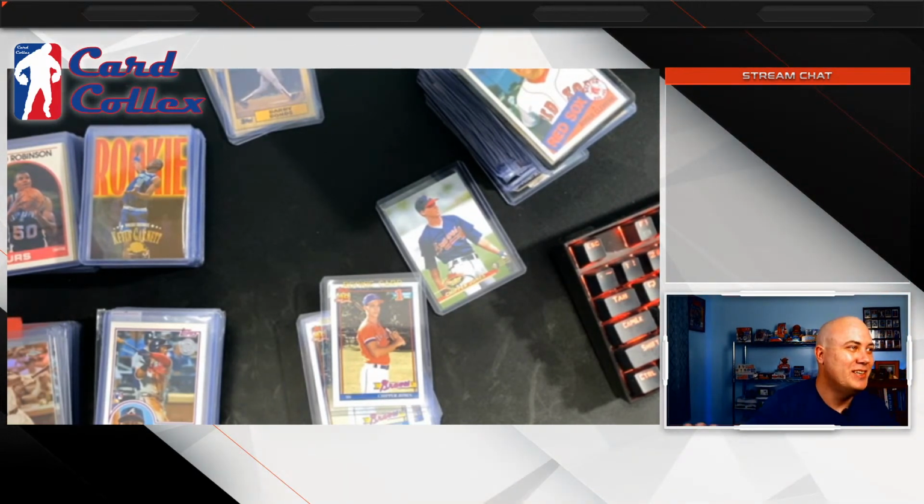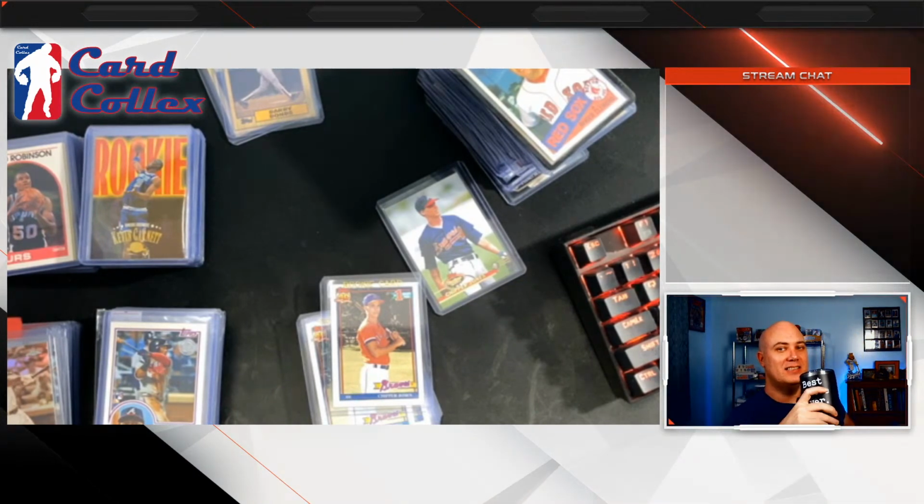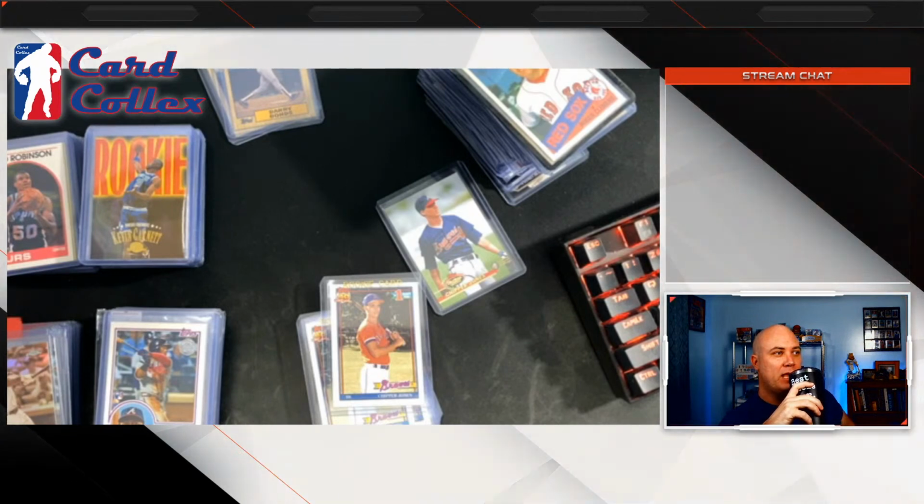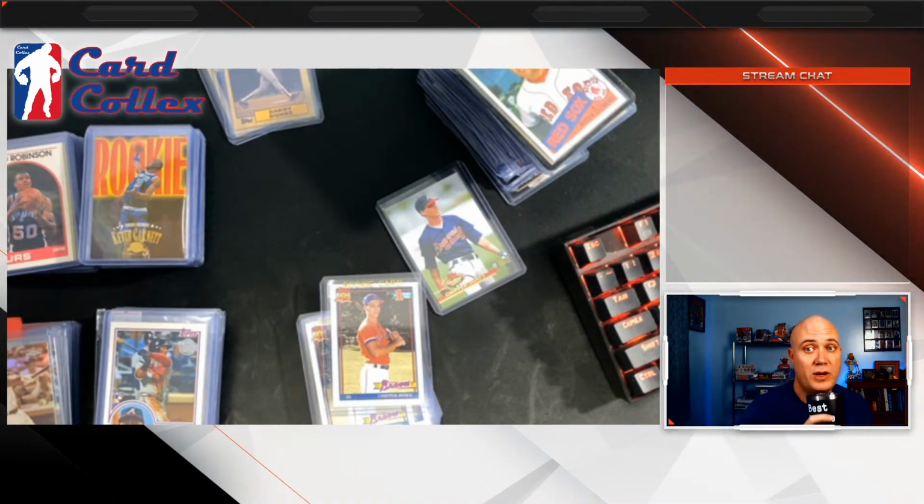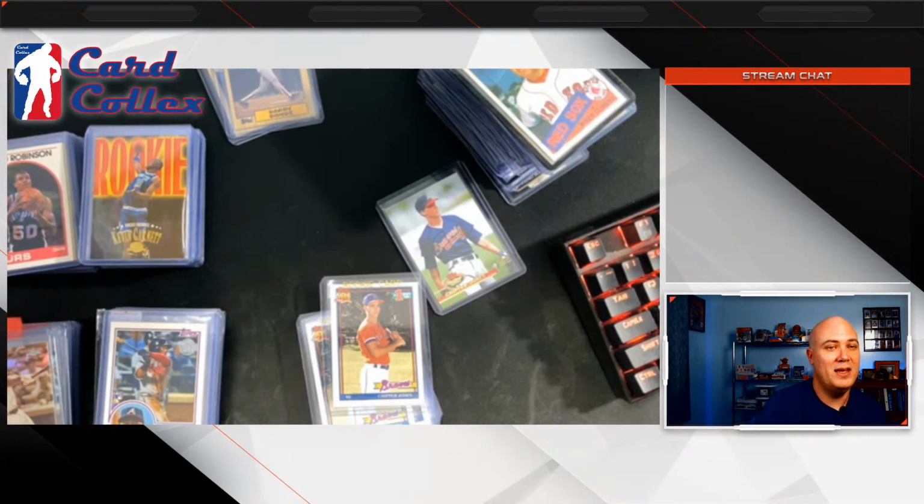Oh my gosh. You're not talking about a guy that's going to be your generational talent type player, but there's still a lot of room in his rookie cards for growth. A lot of room. And that's what I look for. Like I don't care if it's the best player in the league. If they give me 300% return on investment, if they've got that potential, then I'm all about it.